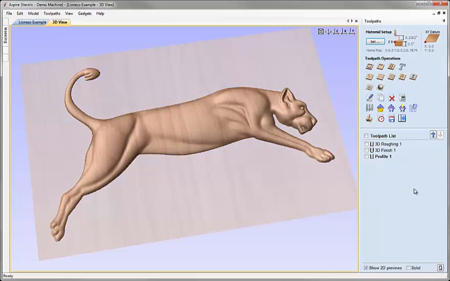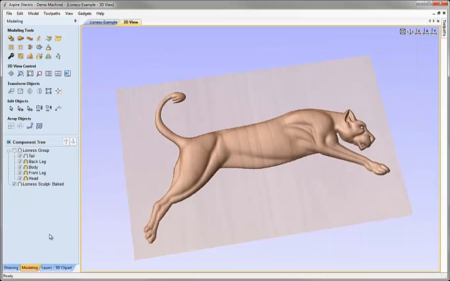On the preview form here, we'll go back into the standard 3D view where we can see our component that we modelled. And now let me show you one last thing before we finish this presentation, and that's how you can see both the 2D view and the 3D view at the same time. If I come up and click on the icon here to hide the Toolpaths tab and open back up our design tabs again,